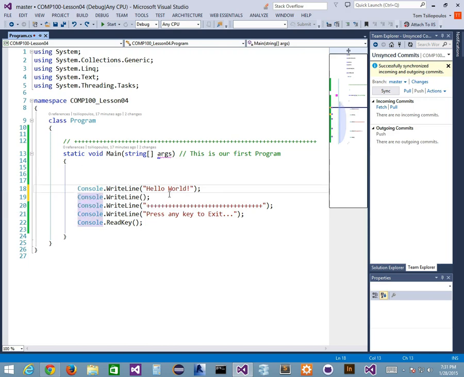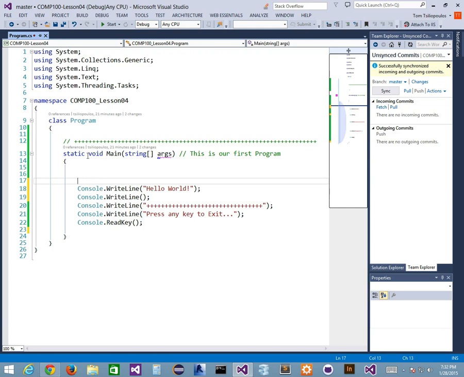The double forward slash is for a single line of code, so you can only use it for one line. If you use a forward slash and an asterisk, the star, then this is the beginning of our comment block. And down here, if I press the asterisk the other way around and forward slash, that's the end of our comment block. I can select this whole block, and it is all commented out. I don't have to go line by line. Sometimes this is easier than commenting every line individually, because then you have to uncomment everything by hand as well. All right, so if I go back and take it out,